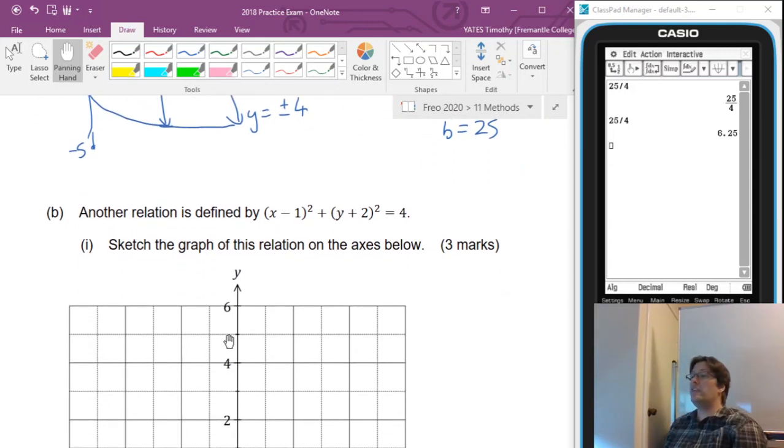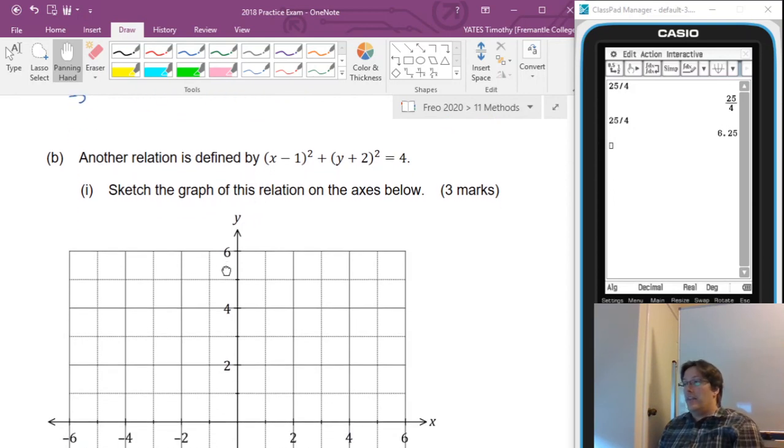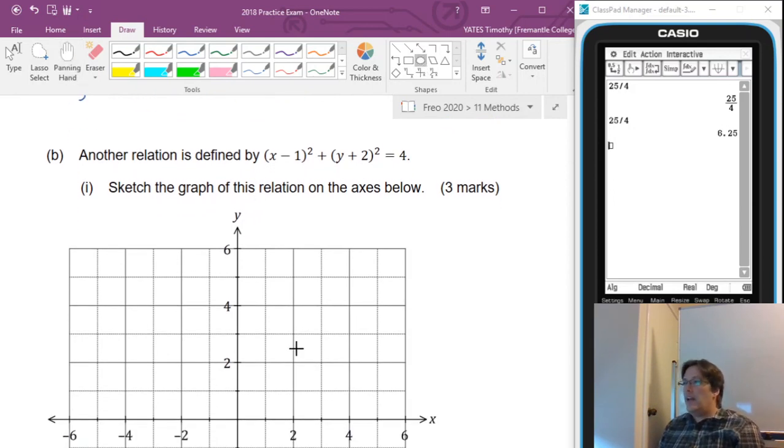This is a relation defined by this here. Now this should be familiar as our circle. This (x minus 1) all squared plus (y plus 2) all squared equals 4. It's going to be a circle centered on (1, negative 2)